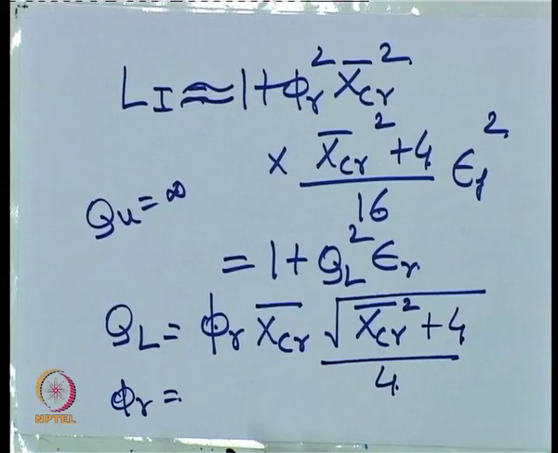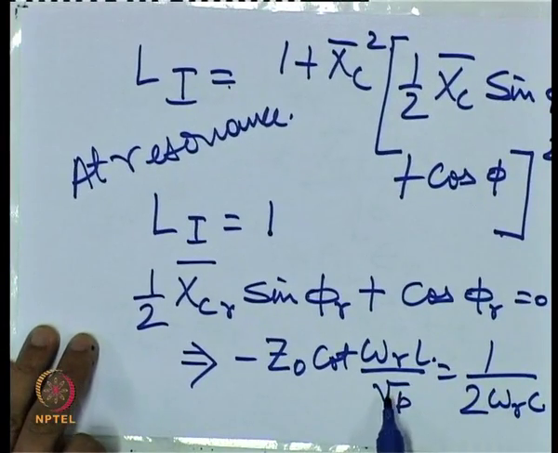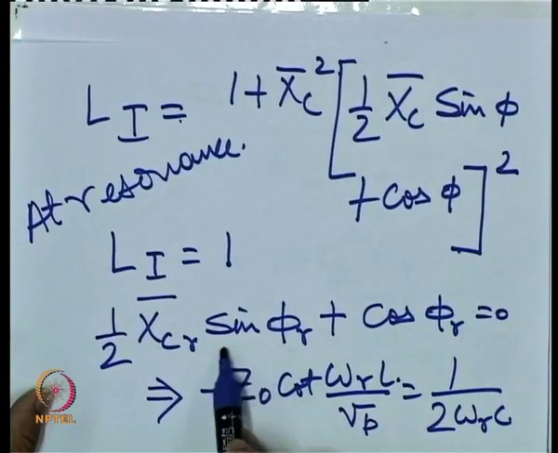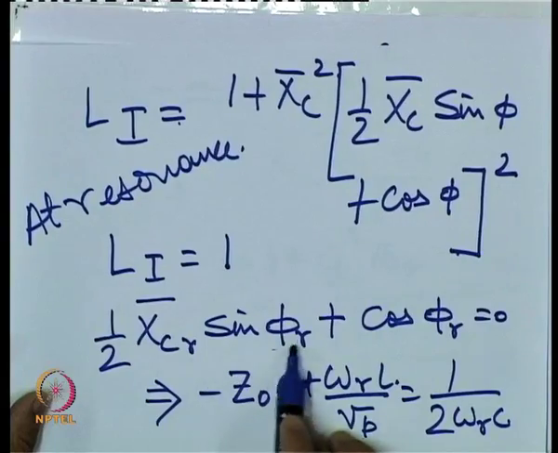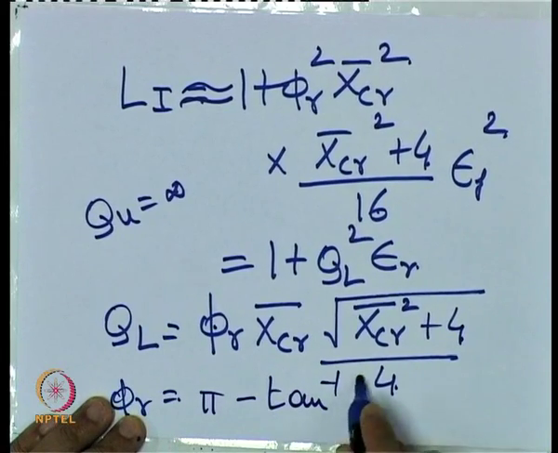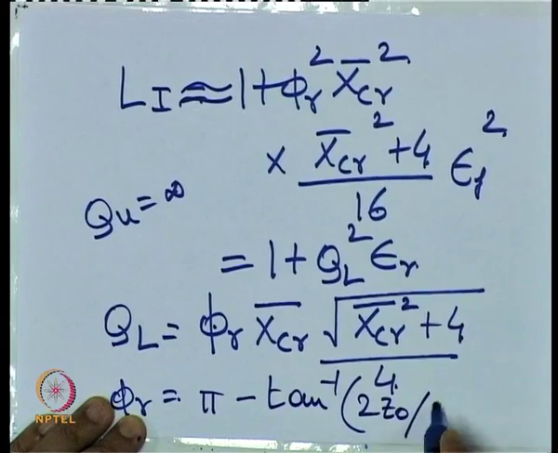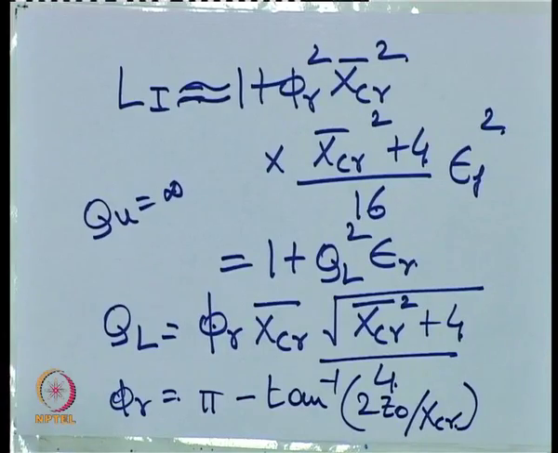r comes from this equation that we had earlier derived. I beg your pardon, phi r comes from the solution of this equation, this equation involving sine and cos. So phi r is equal to phi minus tan inverse 2 Z0 by XCR. So, in summary, what